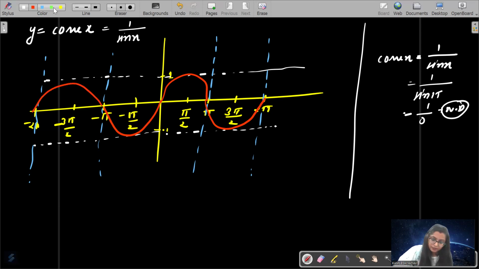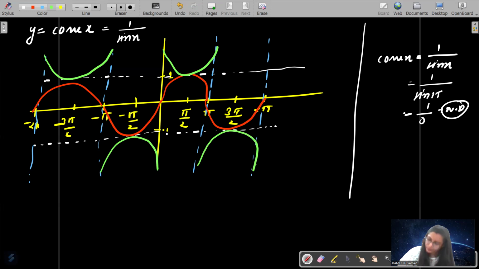Then the curve of cosec x lies on the opposite side: from 0 to pi, the next from minus pi to minus 2 pi, then again 0 to minus pi and pi to 2 pi. So according to this graph, let us see the